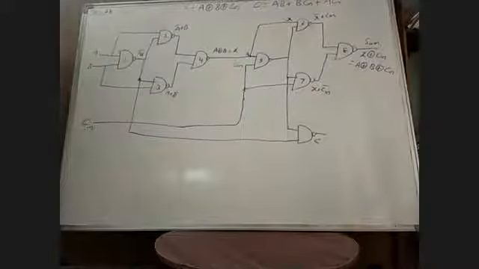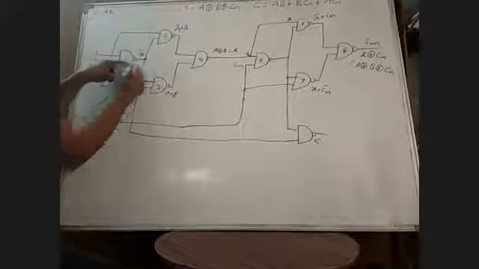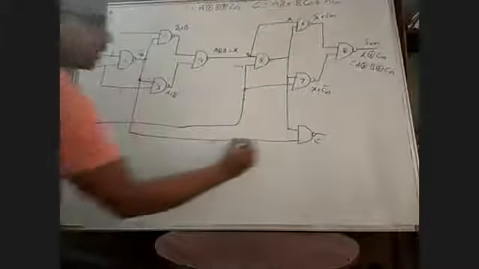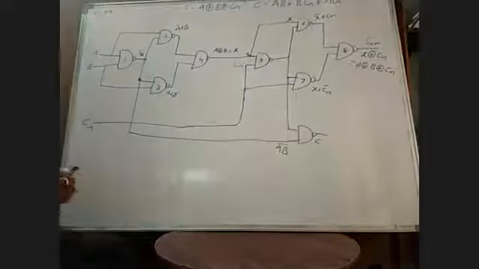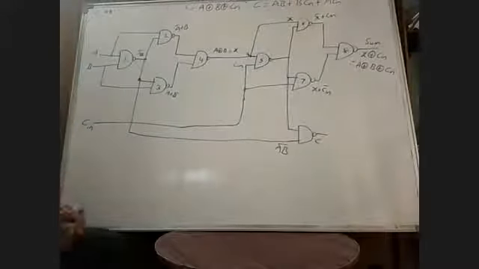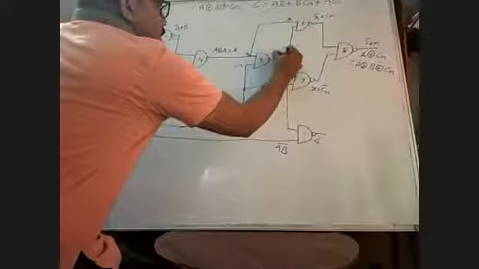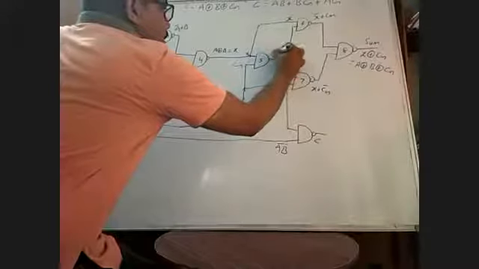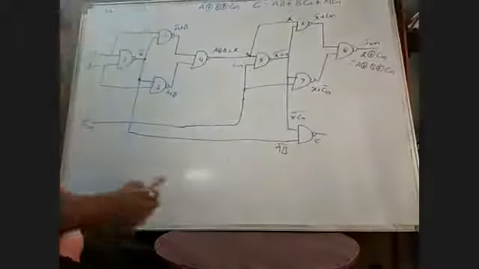Carry, careful, look. At this point, this is A bar. This A B whole bar is connected here. This A B whole bar is connected as one pin, and these two X into C in bar. This is X into C in whole bar. Here this is connected as X into C in whole bar.